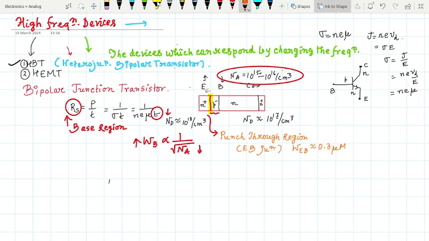Why is the low resistance region called so? Because we have to apply the forward bias at the emitter junction and the reverse bias at the collector junction, the collector base region. Okay, so these are all facts which are known to you, and by considering all these facts, the beta,